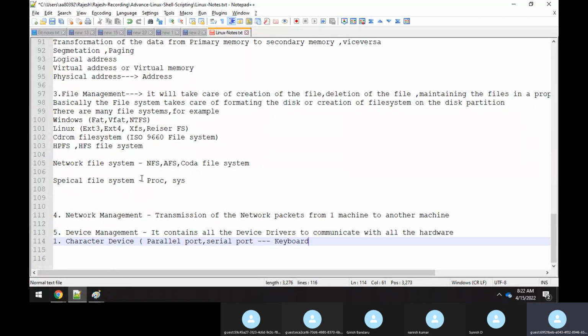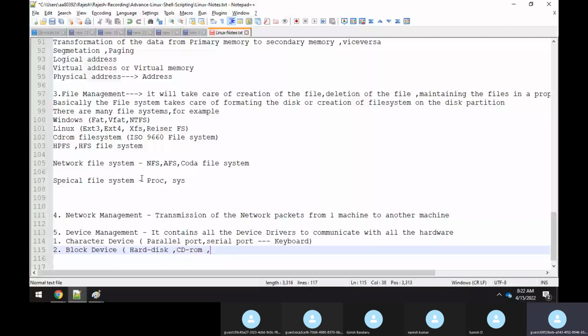The keyboard device will use the serial or parallel port. Next is block devices. What are those block devices? Guys, you have a hard disk, you have a CD-ROM. Earlier we used to even have floppies, right? All these were block devices.